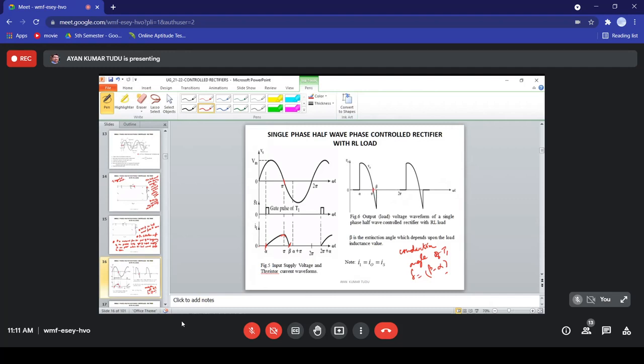And the I1 that we have shown here is equal to IT1, the load current I0, which is also equal to our IS. I1 is nothing but IT1 actually. So I wrote I1 to denote IT1, the current through the thyristor. So I1 is equal to the load current, and that is also equal to our supply current at the transformer secondary side. Now what we have to do is find the expression for the output load current while the thyristor conducts. Let us see this.